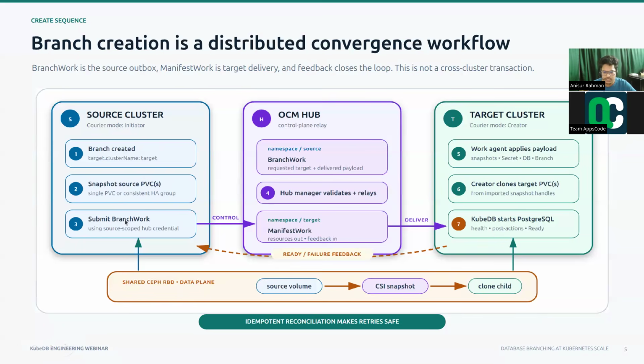So the source cluster operator creates a BranchWork on the hub cluster. On the BranchWork, there are so many manifests, for example, the database manifest, volume snapshot manifest, and everything that we need in the target cluster. So the hub cluster